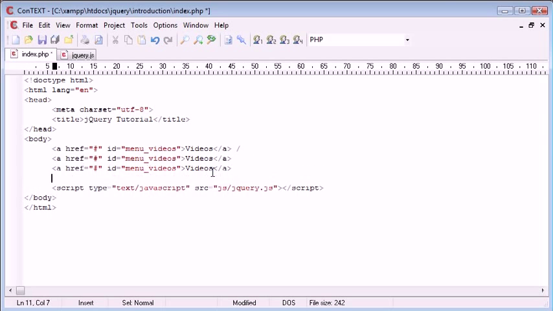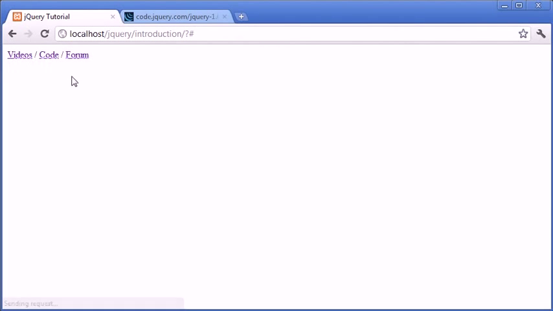I can then go ahead and copy and paste this, and I'm just going to paste this, make 3 references of it. I'm going to put a slash after each one. So I'm going to change these values just so we can get a bit of variety, and then change the IDs that are associated with them as well. So as long as we've done this and we have a menu that we want to show, for example videos, code and forum,